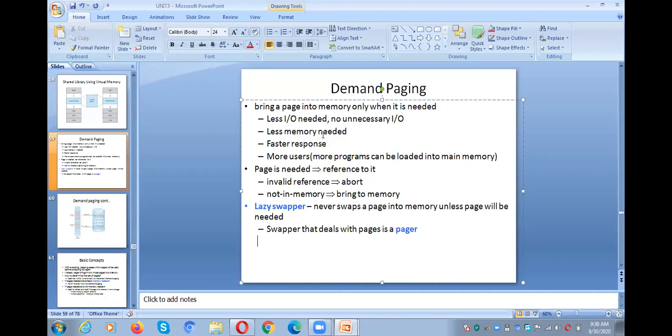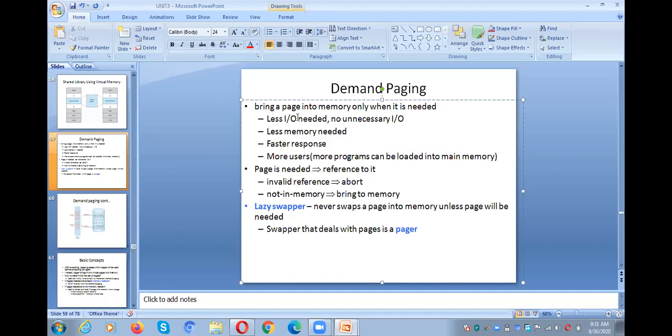Next, these 4 points we have already covered in the last class, but still you need to understand these 4. What is the reason why we are not keeping our entire program in the main memory? The first thing is the main memory is very small in size when compared to logical memory. So that is the reason why only some pages of a process are moved to the main memory, so that we can keep multiple processes in the main memory.